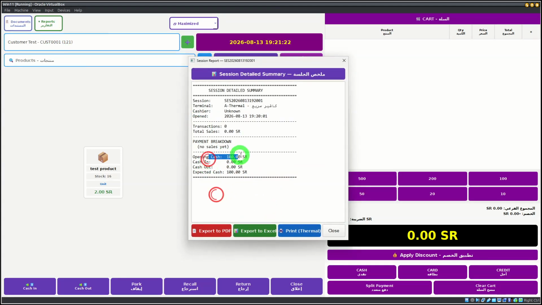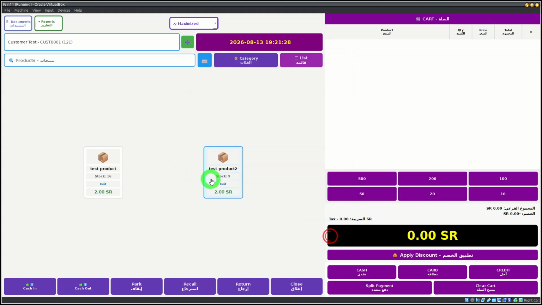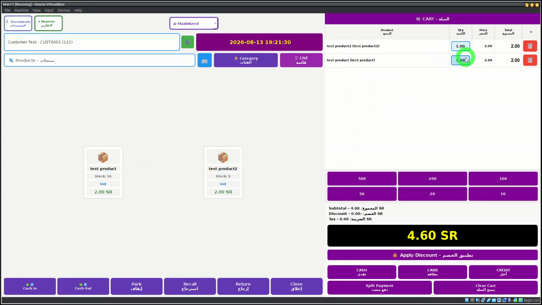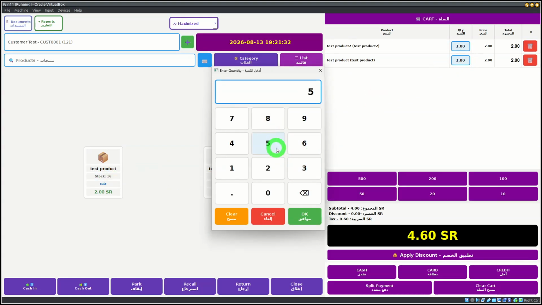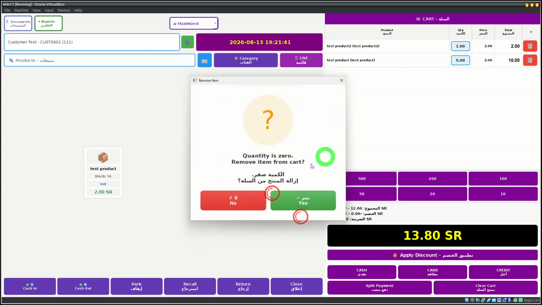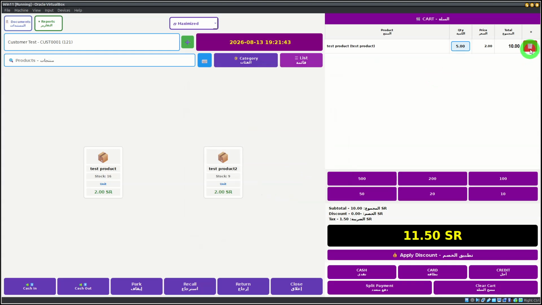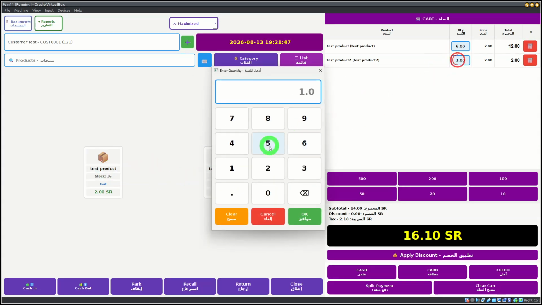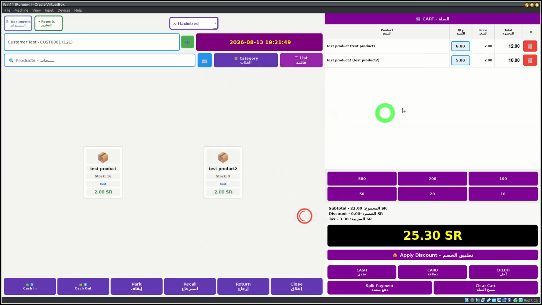It is showing us your open cash of 100, and you don't have any sale. I'll close this. For example, I'm going to make a sale. Click. I need this to be 5, or not 55, 5. Okay, so it is 5, it should be 2. Okay, 2. Oh, I deleted that, sorry. Click it, click it, click it. 5. Okay, we have this